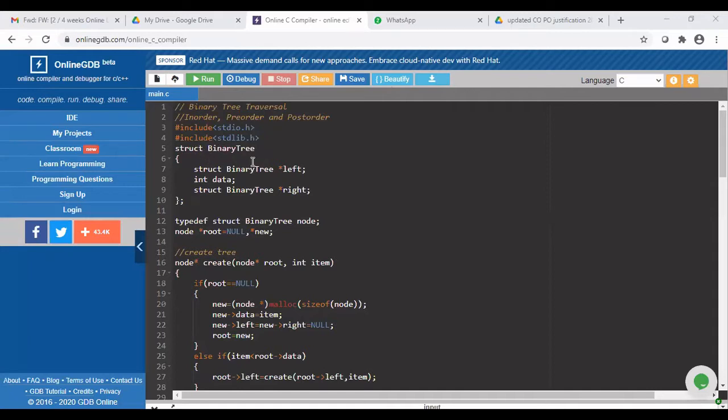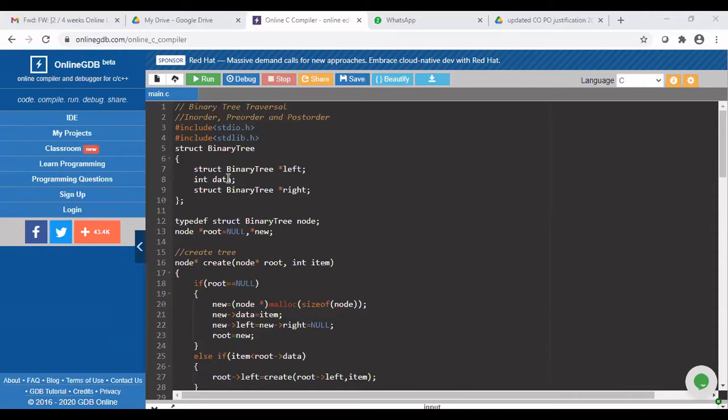Then I am going to create the structure for representing my tree. In case of a binary tree, we know that there will be one left pointer, then a key field that is called the data field, and then you will have a right pointer. So first I am creating the structure as struct binary tree. After that, I am declaring the left pointer by means of *left. This is a pointer to the same type of node, so the data type is struct binary tree.